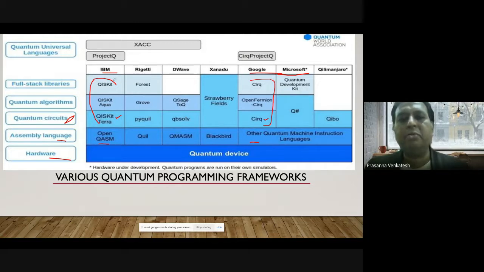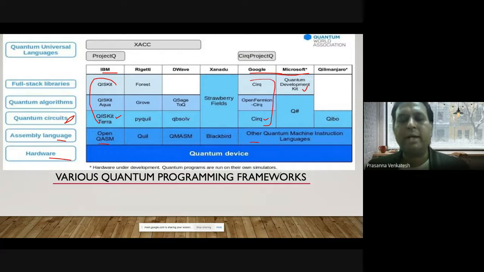They provide a language or framework that enables you to write in a typical programming language, and they take care of converting whatever you write into a format the quantum device understands in the backend. From the programming language perspective, three things were predominantly famous: Qiskit, Cirq, and the Quantum Development Kit from Microsoft. Okay.